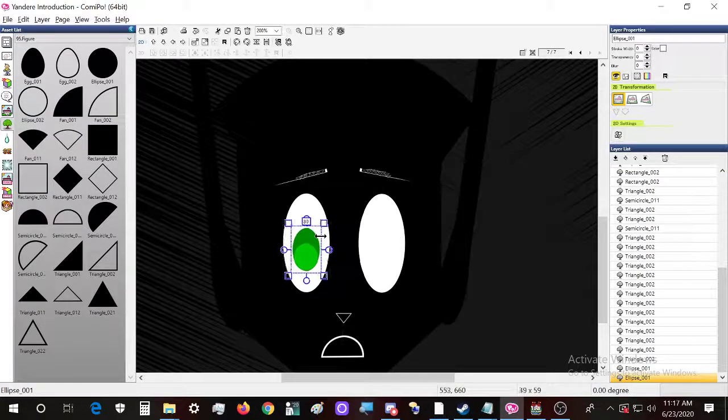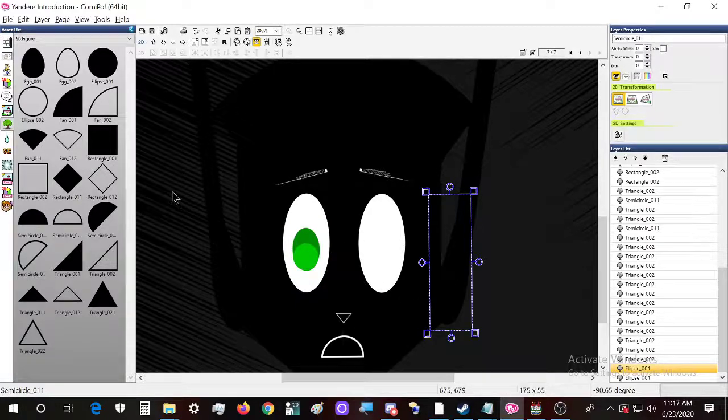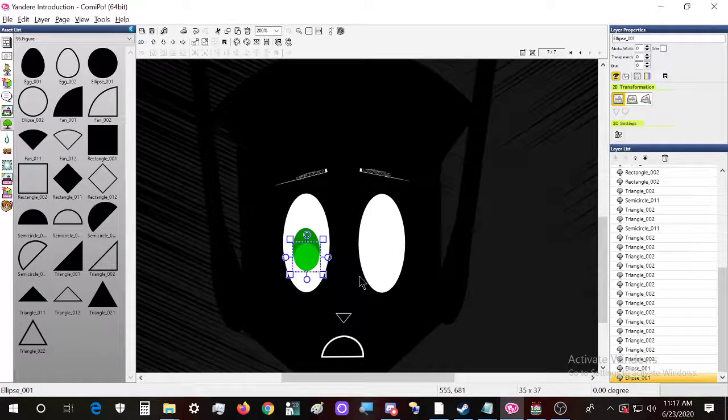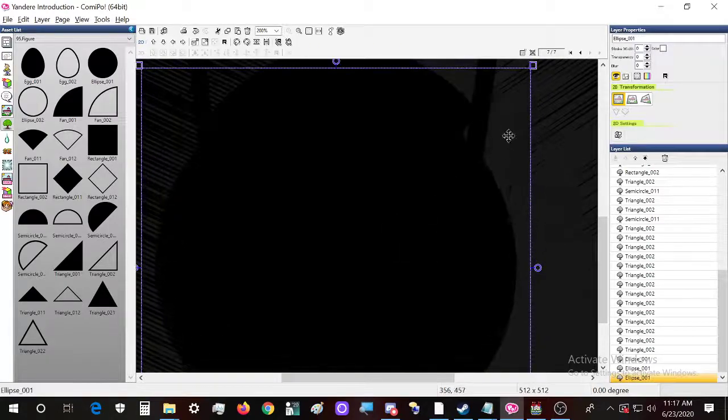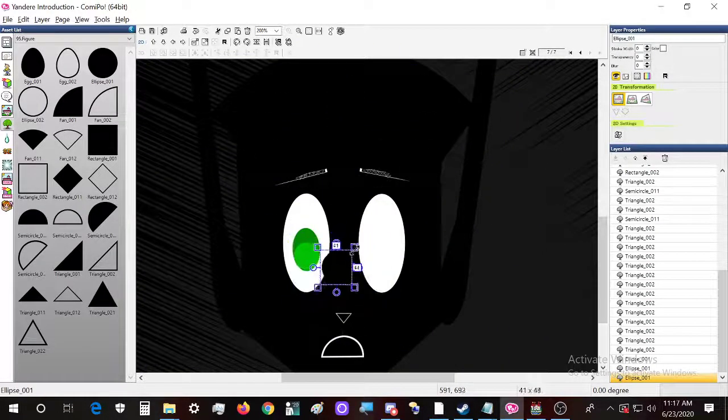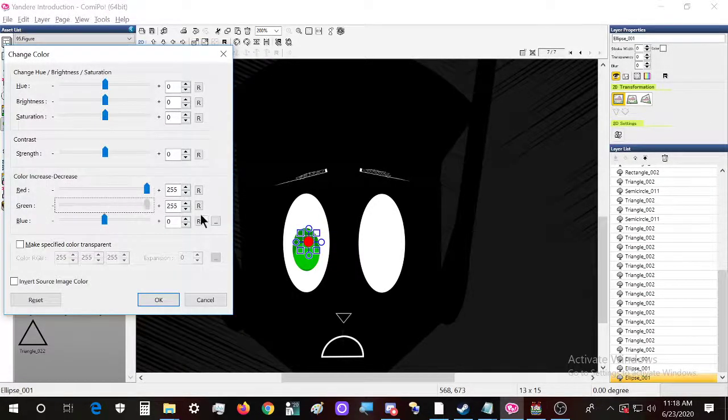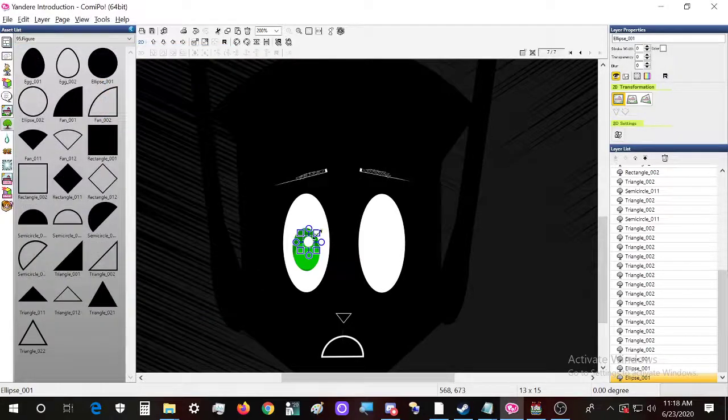This one should get just a little bit larger. Okay, wait, this one needs to be something more like this. Okay, now we need those beautiful anime sparkles, which we shall create now.